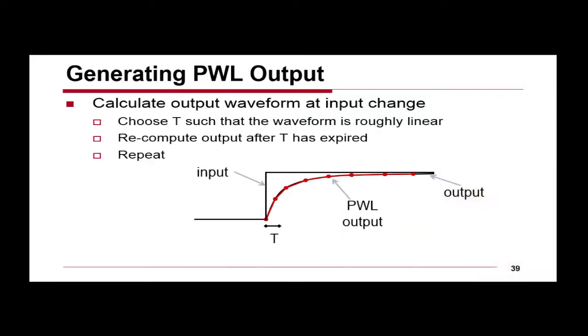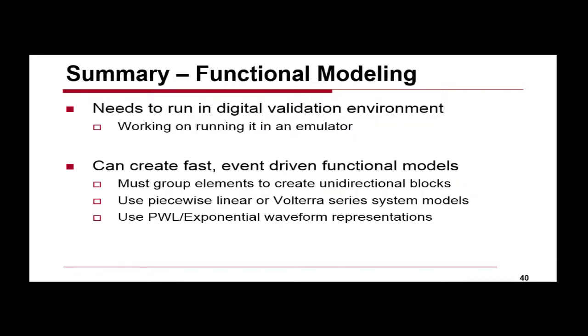This is just some of the math that we do. And so because the inputs generally cause exponentials, we cause different segments, and we basically use error tolerances to allow the sampling at the end to be less dense. And we can effectively, with good precision and small delay, calculate the response of a bunch of analog systems. And if you're interested, there was a paper written by my student on this, and we've improved it. So in summary, we've created a functional modeling environment that can run in a digital validation flow, and we can create fast event-driven functional models.